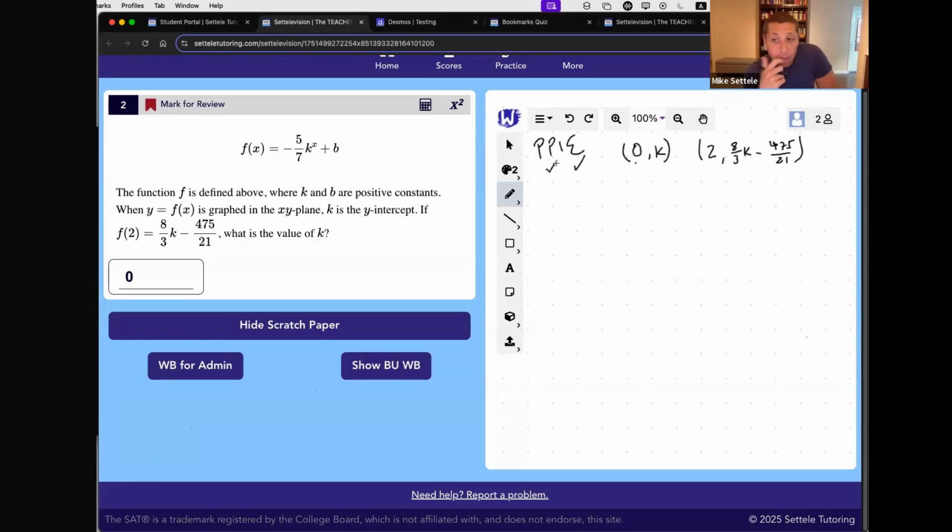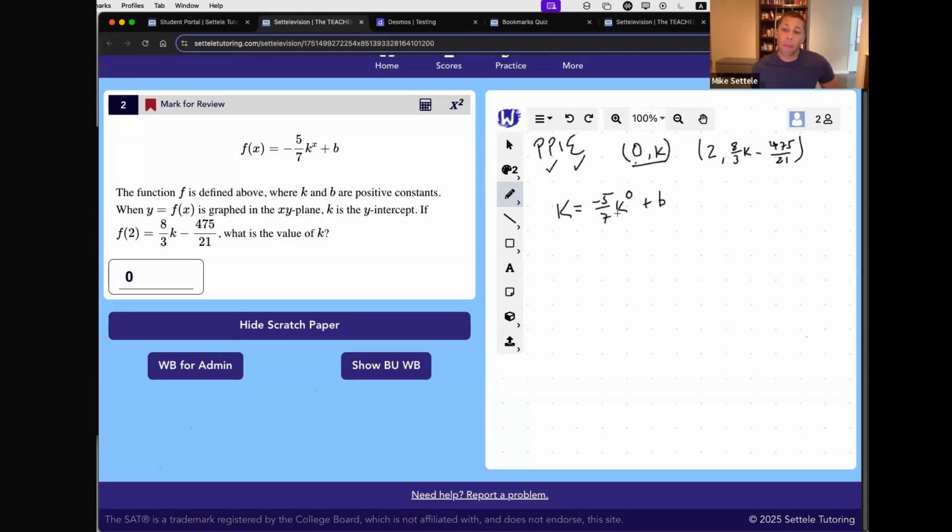So what I would do here is I just follow my instruction, plug points into equations. And another thing we'll learn as we start to adopt these strategies is laziness is really, really good. And I see of the 2 points that I've got, there's obviously one that's lazier, this one. So I'm going to start with that. Let's plug that in, right? So the k is the y, and that's going to go in place of the f of x. Then -5/7, k is, we don't know, but x is 0, and plus b.